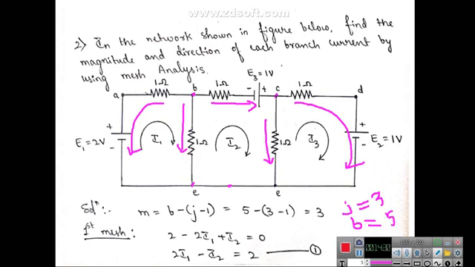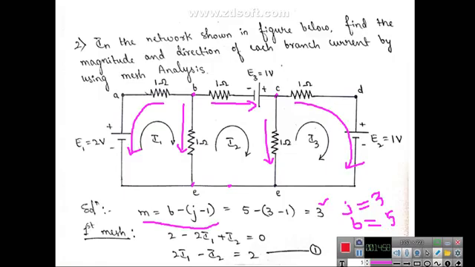Once you identify the junctions and the branches, you can substitute in this equation, which you know, to find the number of mesh equations. So B is equal to 5 and J is equal to 3. 3 minus 1 is 2, 5 minus 2 is 3. So you need to write 3 mesh equations. That's why I have already marked the meshes, only for your convenience.